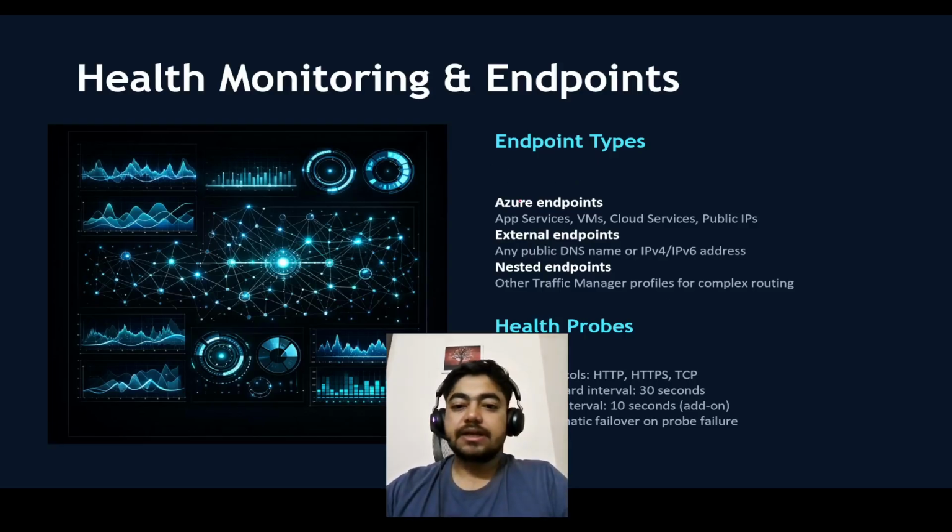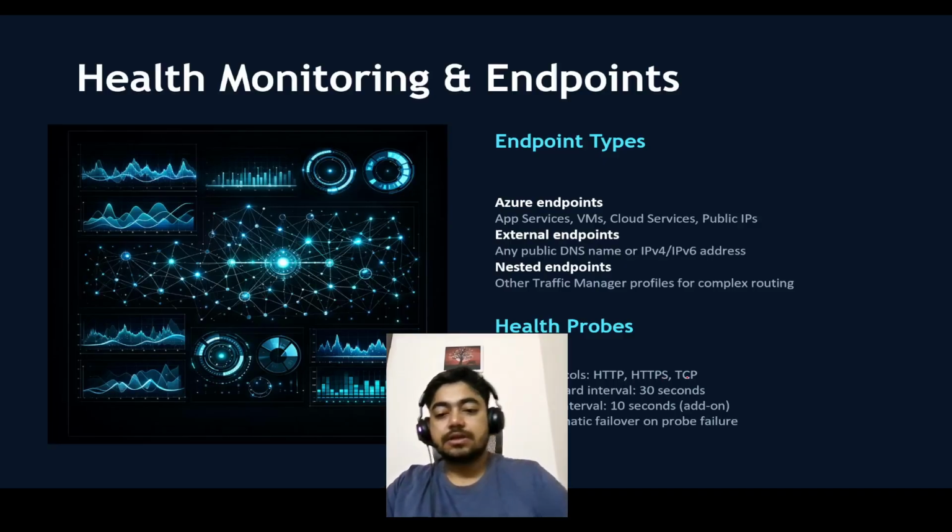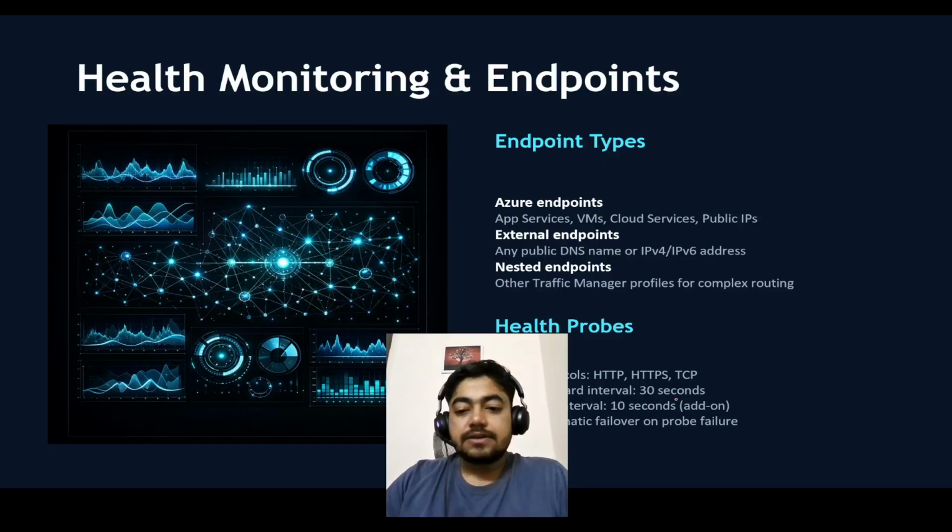Next is health monitoring and endpoint types. First is Azure endpoints. We can add in our profile Azure endpoints like App Services, VMs, cloud services, and public IP. Then external endpoints, any public DNS name or IPv4 or IPv6 address, in our Traffic Manager. Another is nested endpoints, other Traffic Manager profiles for complex routing. And health probes support protocols like HTTP, HTTPS, and TCP. The standard interval is 30 seconds, the fast interval is 10 seconds, with automatic